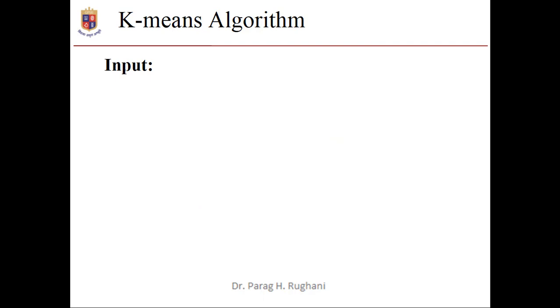Let us understand how mathematically this k-means algorithm can be implemented. Let us start with the input. For this k-means algorithm, we need two inputs. The first input is the number of clusters, k, which we have to identify and specify. The second is the training set, which is generally x1, x2 up to xn. You should observe two important things. We are not starting with x0, and the second important thing is we do not have y here. Our training set is an unlabeled data set. It does not contain any labels, and that's why there is no y mentioned in the training set.